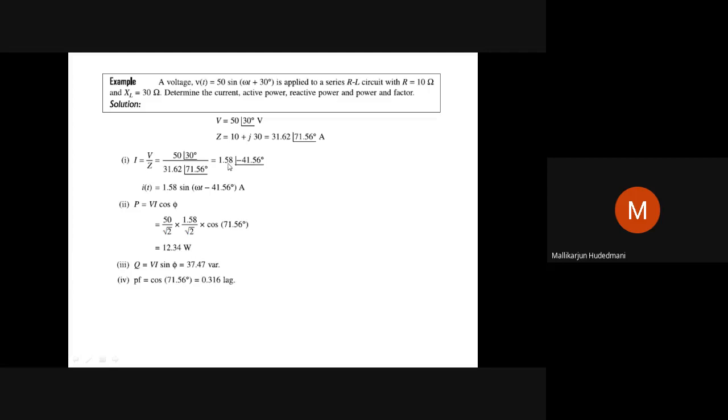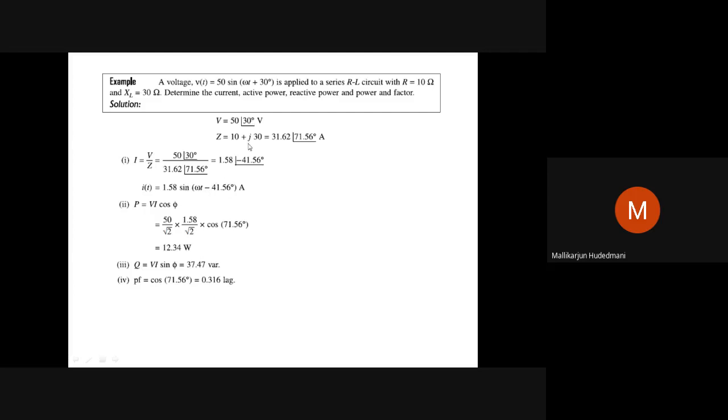Now you will find the current is lagging, with the sign here. Minus sign indicates lagging. It's true, the circuit is RL. When it is an inductive circuit, current always lags. That was the fundamental we learnt while deriving. So therefore, we can write the equation of current like the voltage, as Im sin(ωt plus or minus φ). Here the angle is minus, definitely minus 41.56. Here the peak value is 1.58, progressing sinusoidally.